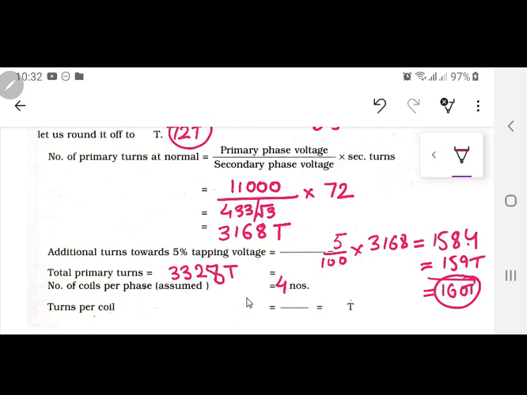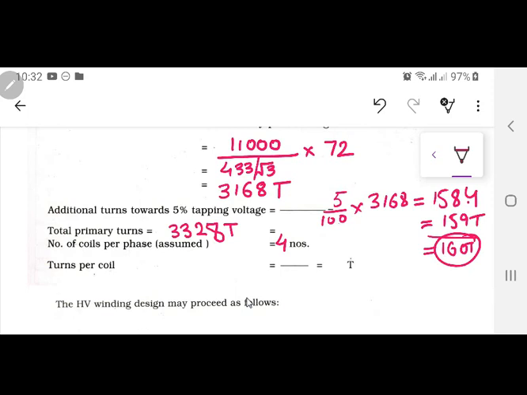Now these things are on the design paper. This is very important. Listen, this course cannot be taught just on paper. Practically when you go in the field, maybe some things have to be altered. It could be that you designed the transformer with 4 coils, went for testing, and it could not withstand. So you will have to change something. Not everything works on paper, because maybe the insulation material which you are using is not good. There are numerous problems which can occur. So your design should be a little changeable. The number of coils, what did it come to? 3328 divided by 4. What did you get?